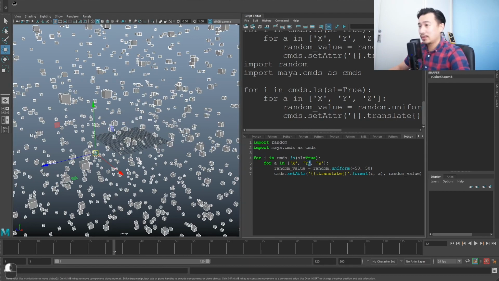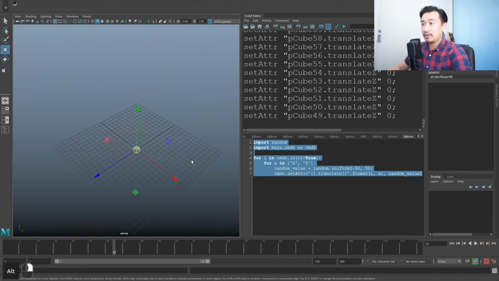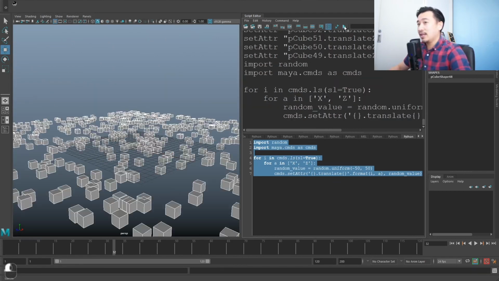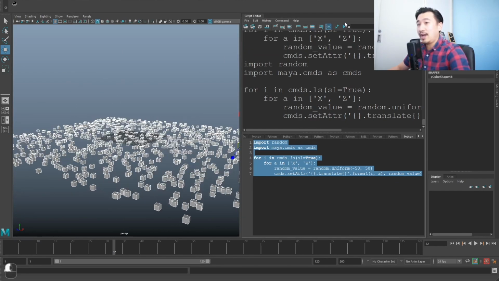So let me just quickly do something. Let me just change the code just a tiny bit. I'm going to zero out all these cubes again. Everything's back at the origin. Run this again, and now you see it's just doing it in the X and the Z axis and skipping